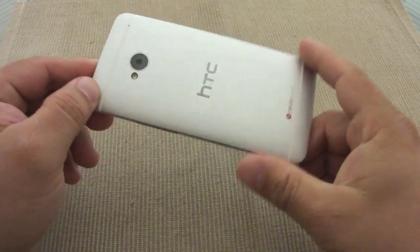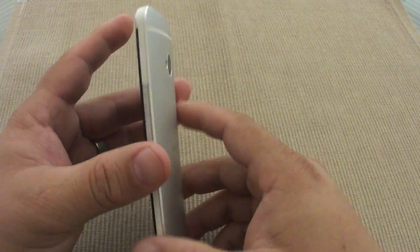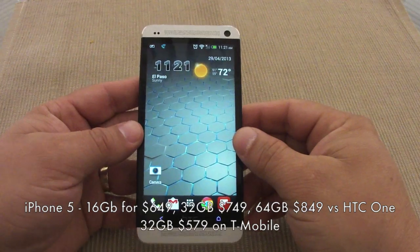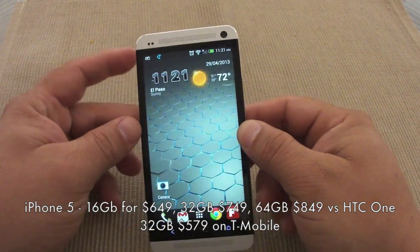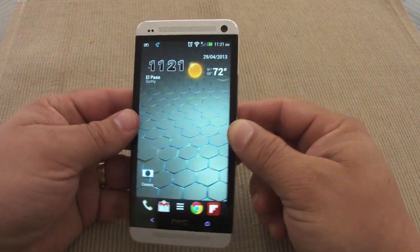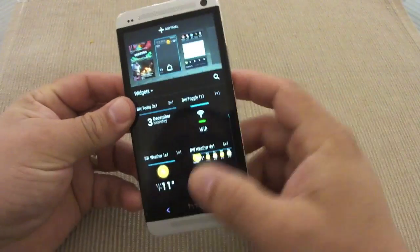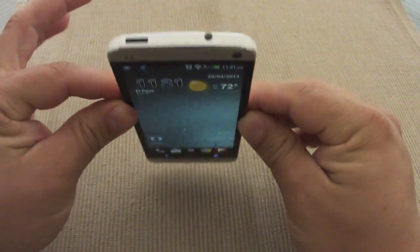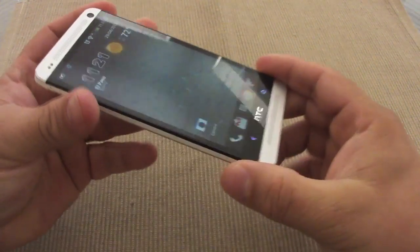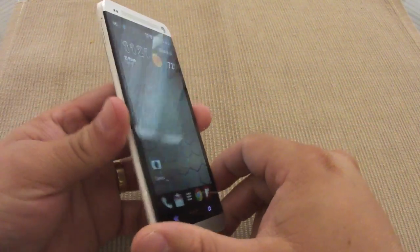This phone just feels amazing. It looks even better than, I would say, the iPhone 5. And believe me, the iPhone 5 in 32 gigabytes is $749 if you buy it, at least from the Apple Store. It's $749 for an iPhone 5 straight up, 32 gigabytes. This is only $579. So honestly, they're selling this phone at a very awesome price,